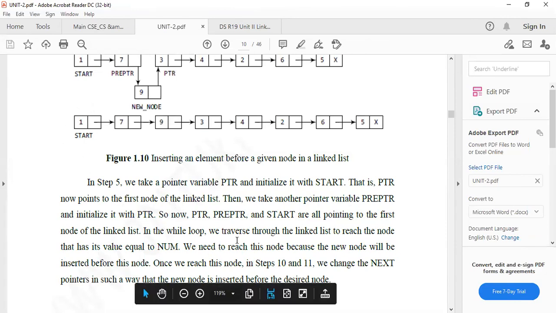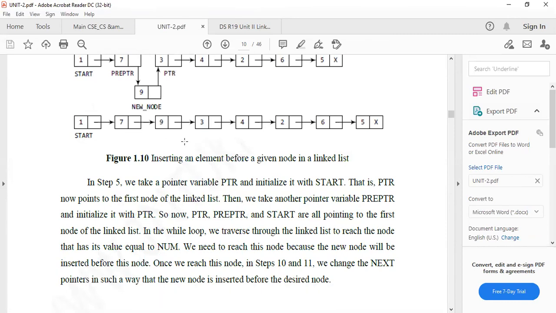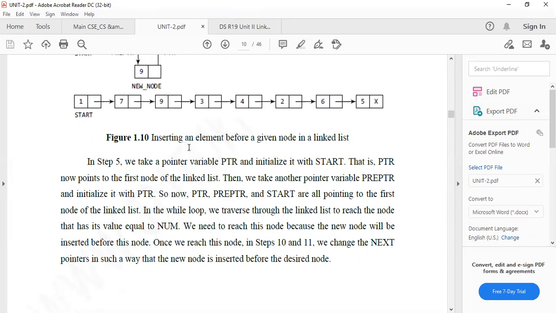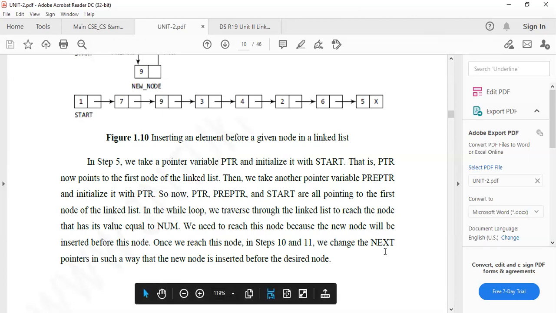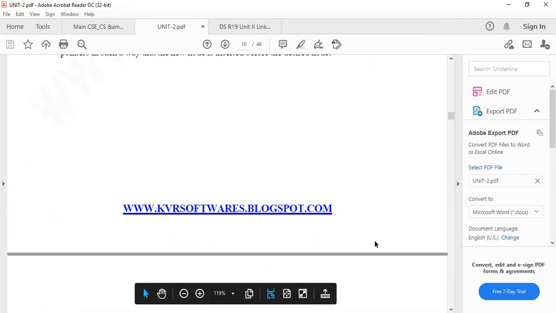So in a while loop, we will traverse this linked list to reach the node that has its value equal to the number. It will traverse from the start onwards. You can find the empty node so that we can place that value. In that position, we change the pointer value. That's it.